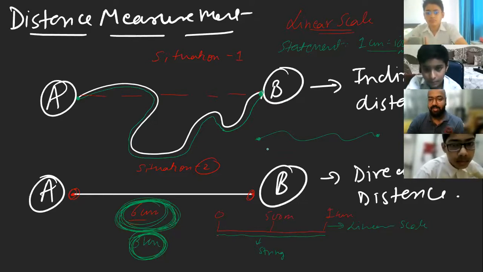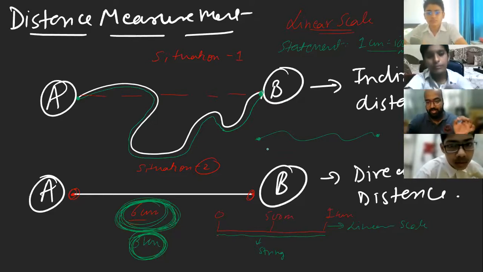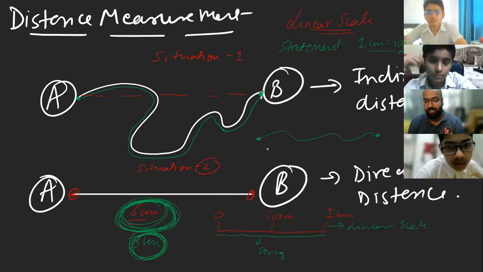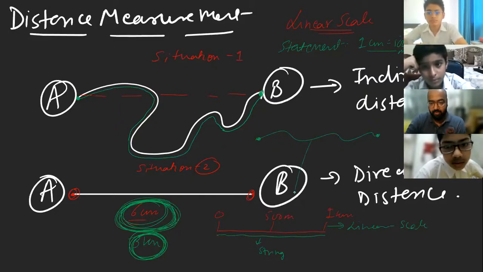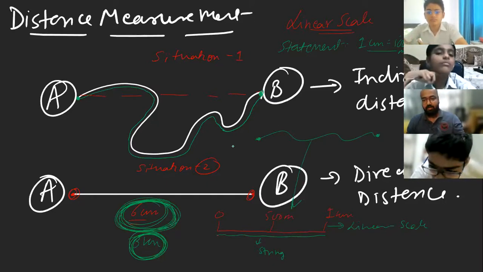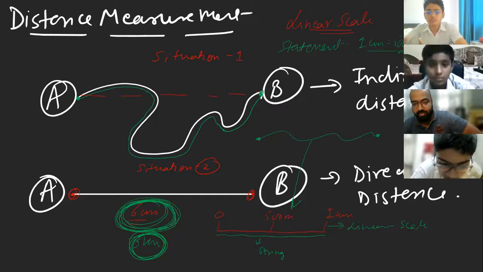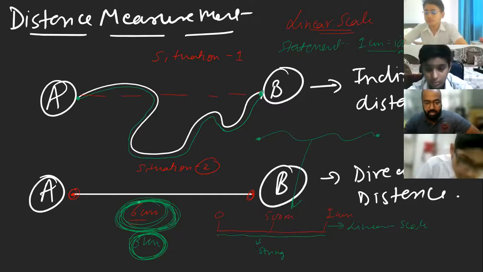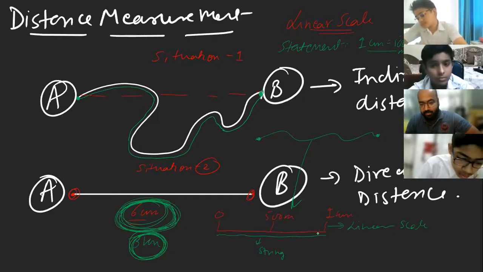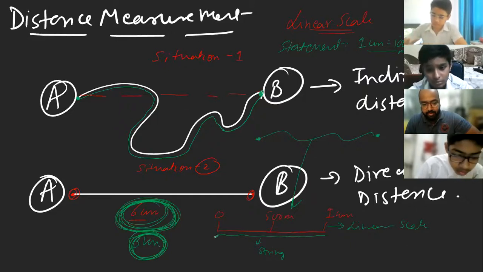But obviously, like we did it in the direct distance, we use the string, sir, and we measured it on the linear scale. We are doing the same. We are going to measure it on the linear scale. Simple. Again, we'll get the conversion values over there. ठीक है? अब मान लो आपने string रखा, linear scale is this much big. आपने string रखा, ये point A है, लेकिन आपका point B जो है, वो यहाँ पे आ रहा है.